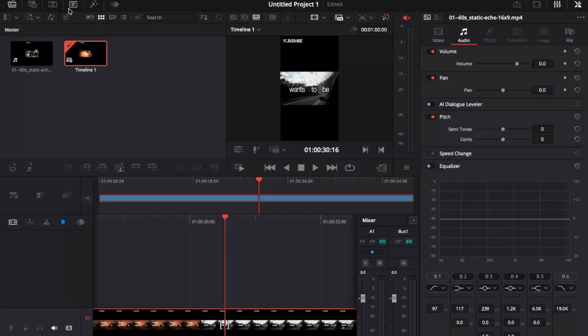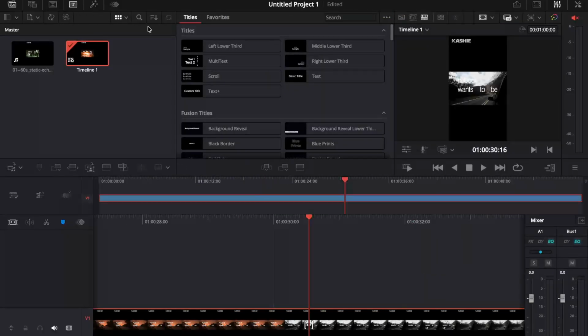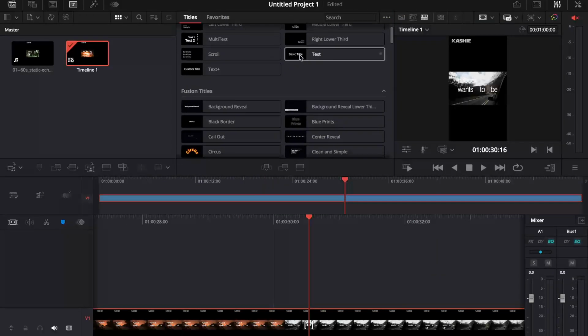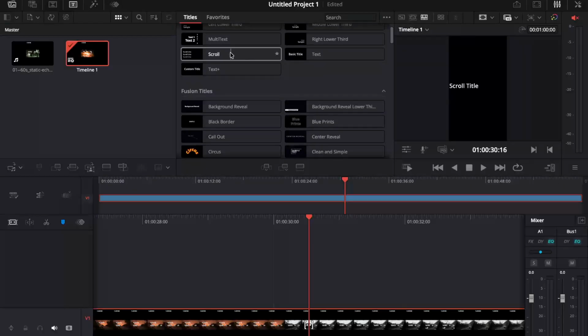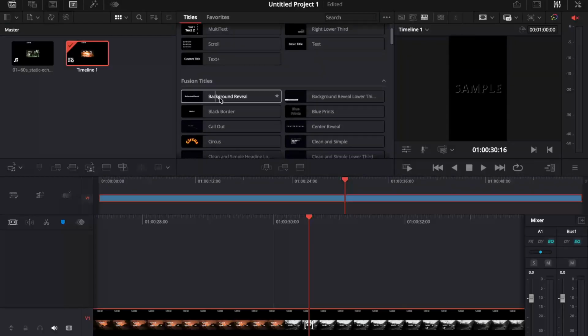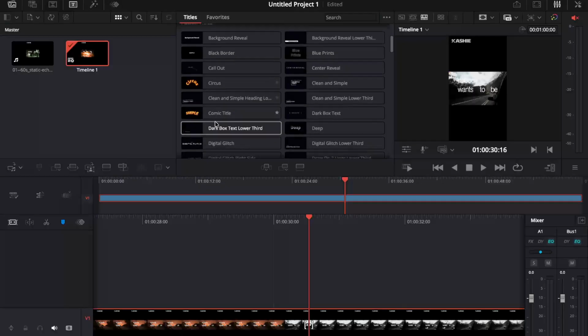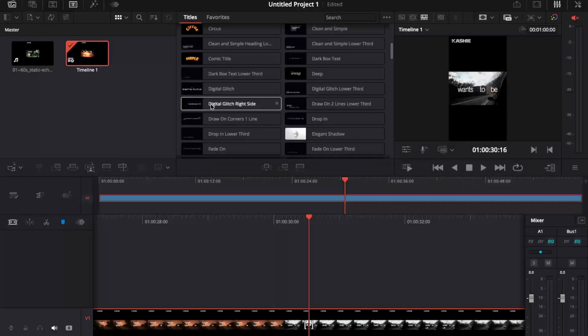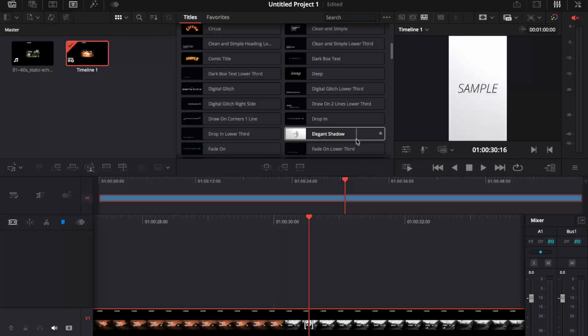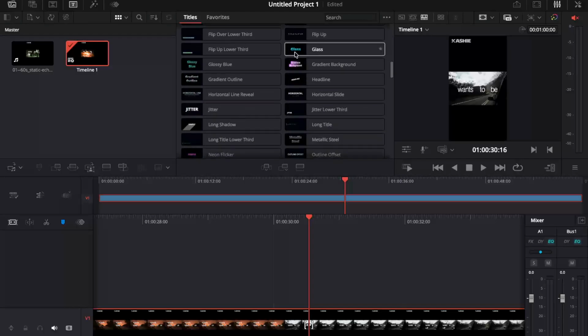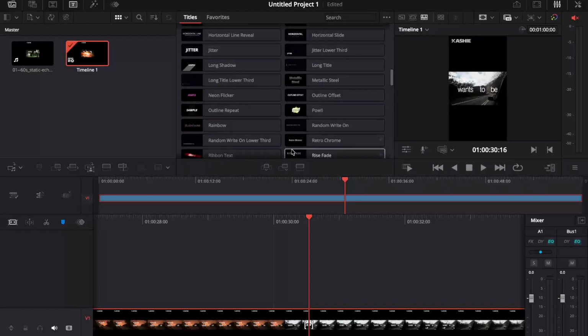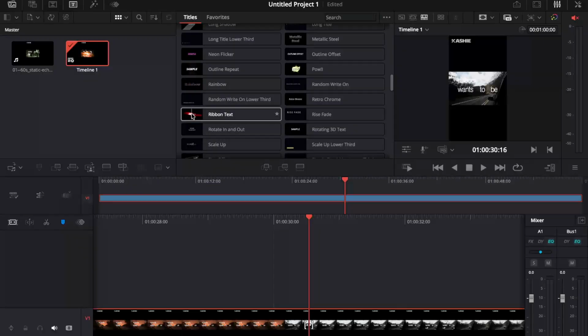On the upper side, you have elements, for example templates, that can help make this process really cool. For example, we have Fusion titles, the Circus, the Comic title, the Draw On, and the Elegant Shadows. So choose the one that best suits your video, and you just need to drag and drop it inside your